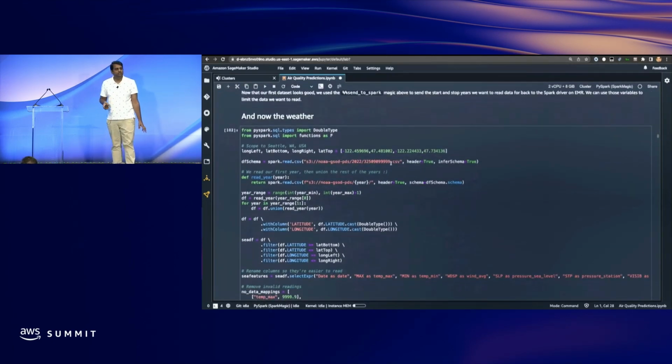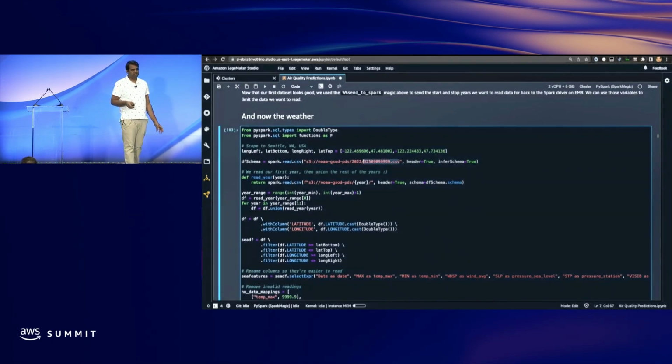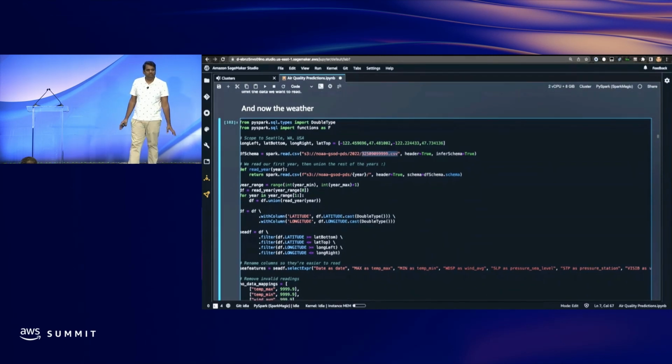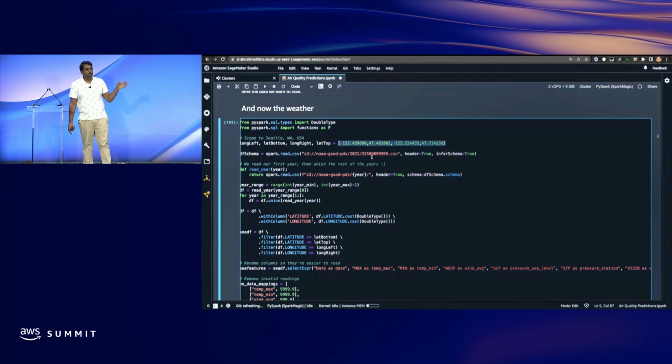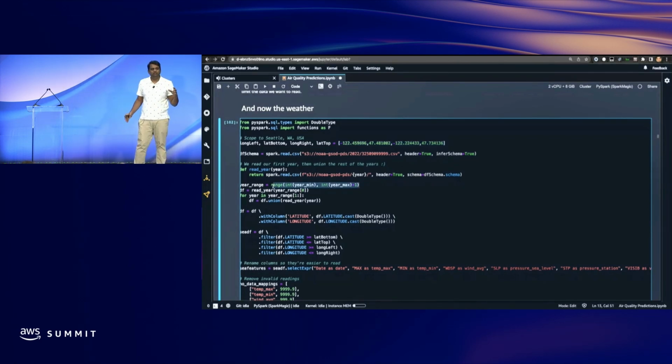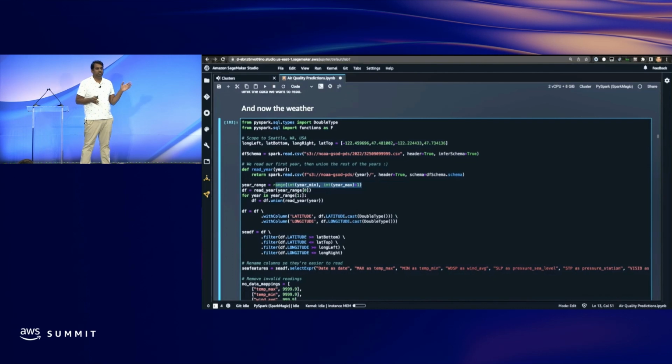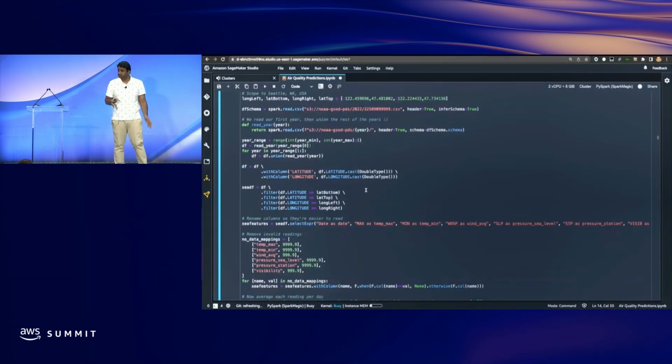Now we would go ahead and read our second data set of the Seattle weather data over the years. We have the weather data set for a very long history from the 1990s, but we would want to read only the boundary of years we were interested in, because those are the years where we have our air quality data set available.